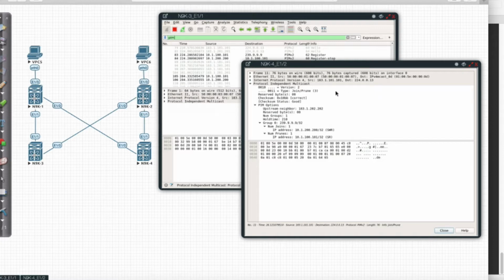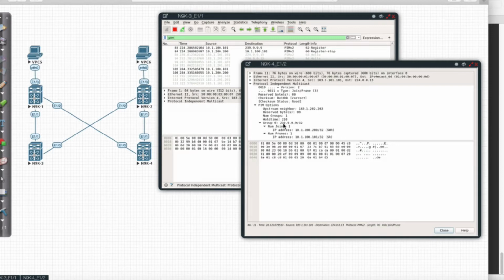So if we pay attention to what I have here, this is coming from 183.1.101.101. Now that's the IP address of 9K1 or Leaf 101, and it's sending traffic to 224.0.0.13. What it's doing is sending a PIM join. So it's sending it to 183.1.202.202.